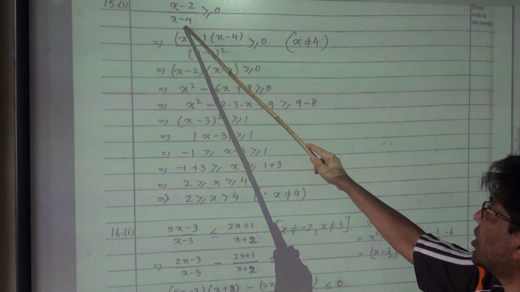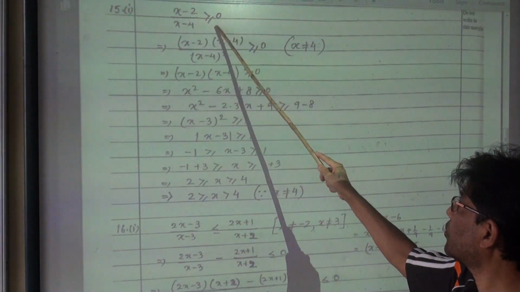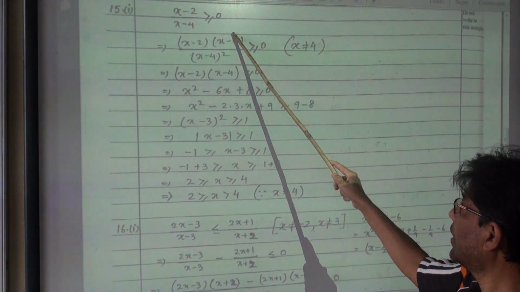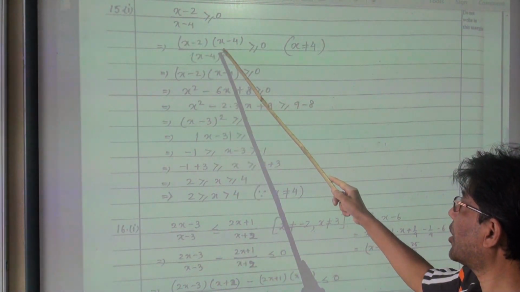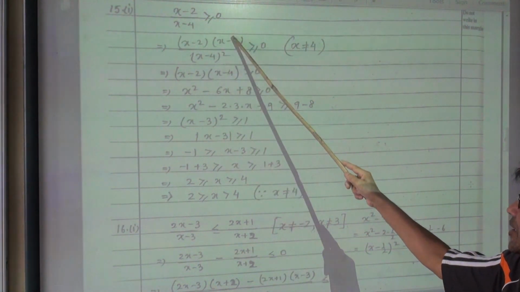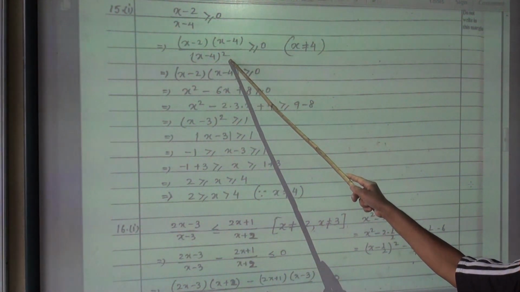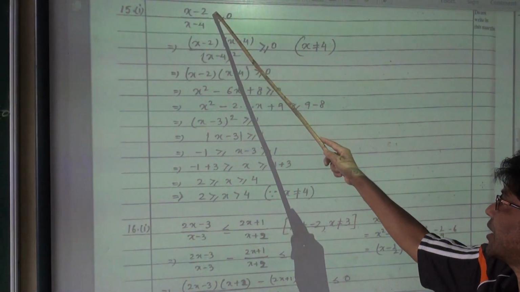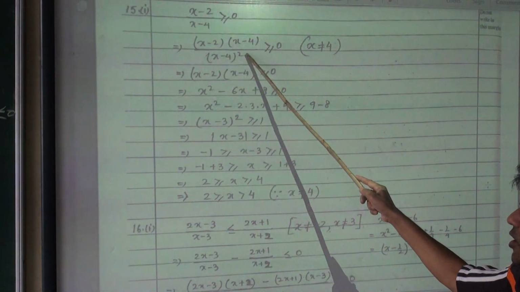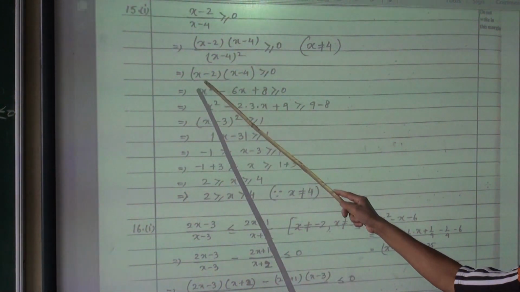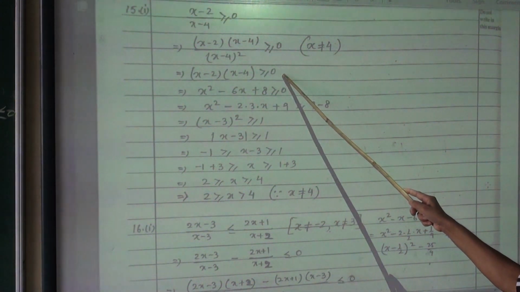If it is a positive quantity, order will remain the same. But if it is a negative quantity, order will change. So greater or equal to will become less or equal to in that case. As we don't know whether this is a positive quantity or a negative quantity, so up and down I am multiplying by the same quantity x minus 4. X minus 4 into x minus 4, that is a whole square. Hope you all understood. Up and down multiplying by x minus 4 to get a square, and a square quantity is always a positive quantity. Now if we cross multiply, this into this is 0. So this into this is becoming greater or equal to 0.